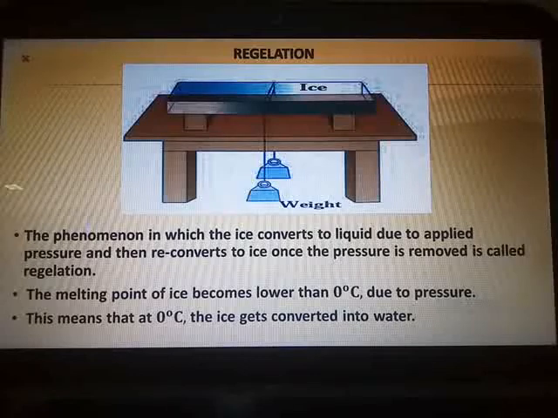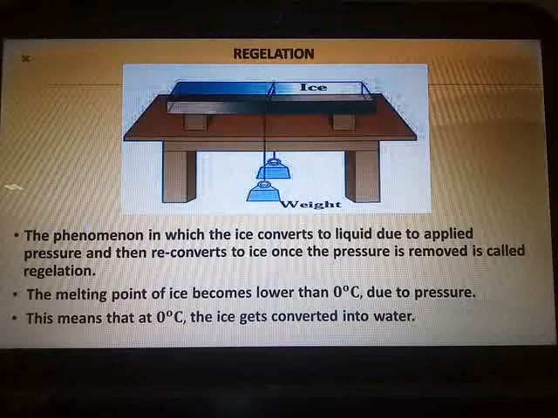Normally, suppose you take a ball of flour or dough which you use before preparing a chapati, and you penetrate it with the help of a scale and that scale comes out from the lower end, it will get divided into two pieces. But here the ice slab does not break, and this happens due to the phenomenon of regelation.